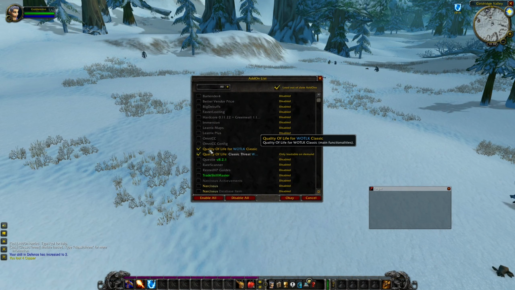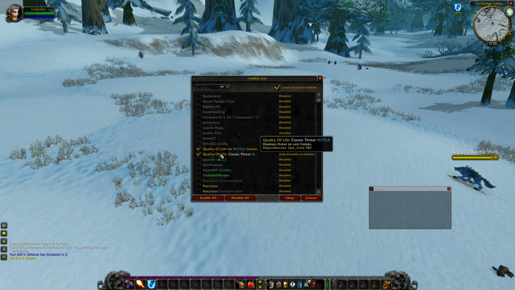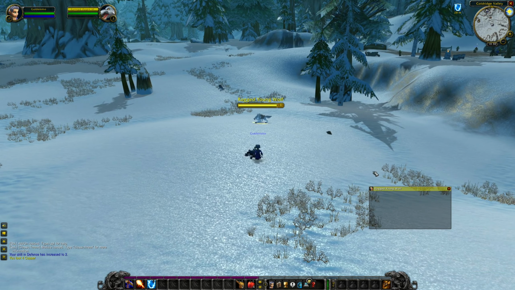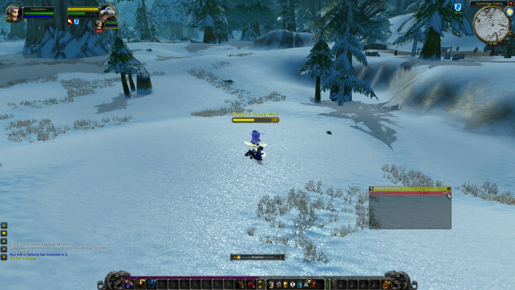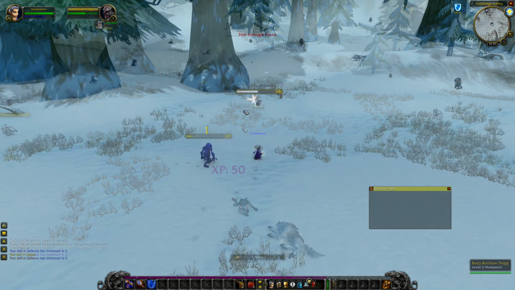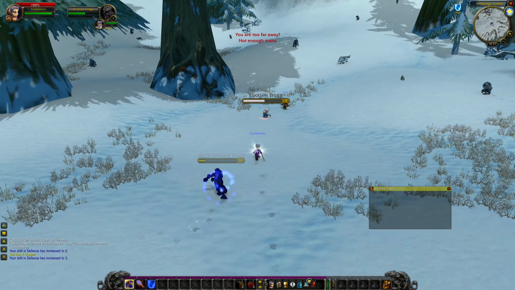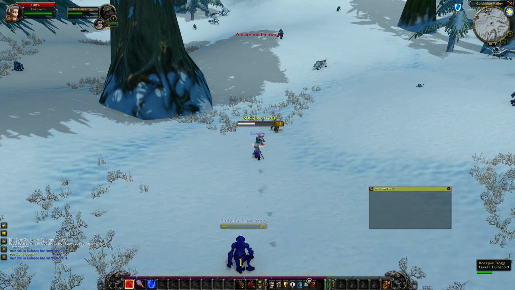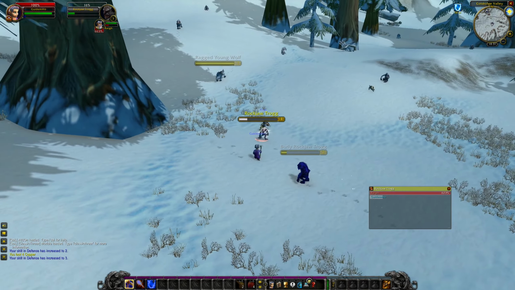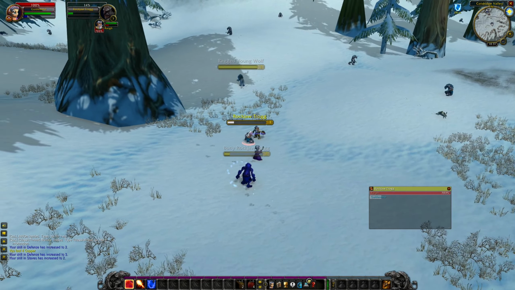What I also highly recommend you to get, especially on hardcore servers, is a threat meter, and quality of life indicates the threat on a certain enemy. The threat that you have caused will be displayed in the window, but you can also see it at the target portrait at the top left corner. To give you an example of how this works, right here the gnome warrior has attacked this target and you can see his threat. You can also see mine, and right now I don't really need to worry,